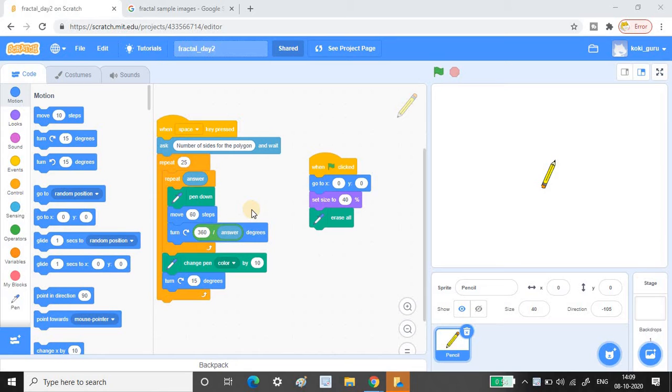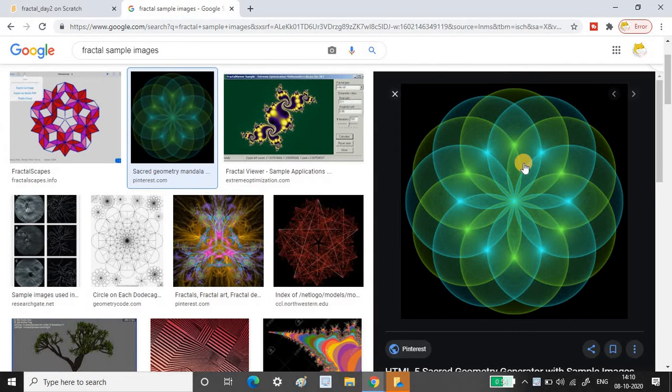Before getting into the program, let me give you a small tidbit for the day. Yesterday we learned that this white space is a stage, right? Here, let me show you, like the pencil which is on the stage, we have so many other characters in the sprite. You can choose so many characters from here. They are commonly called sprites. And see here, this is a fractal image.